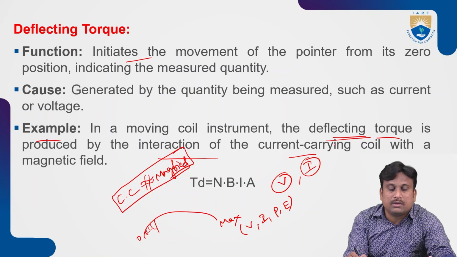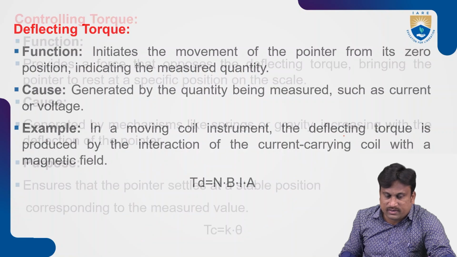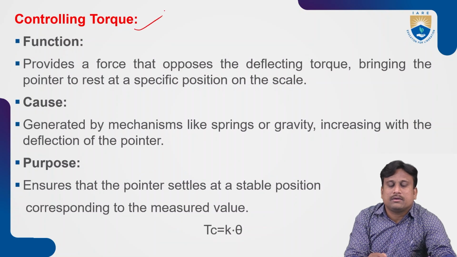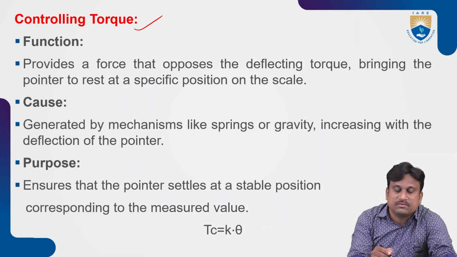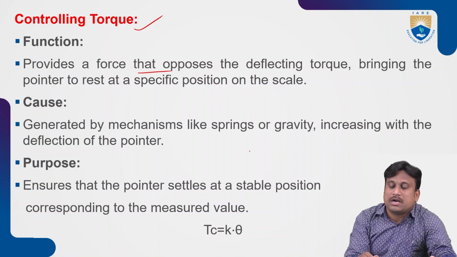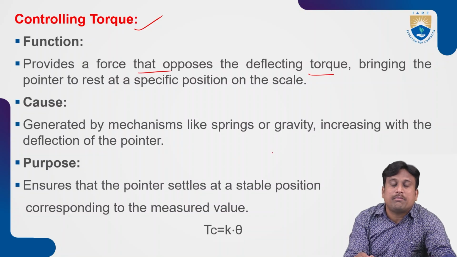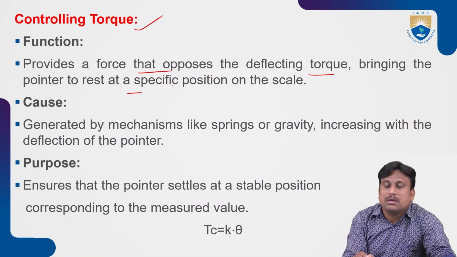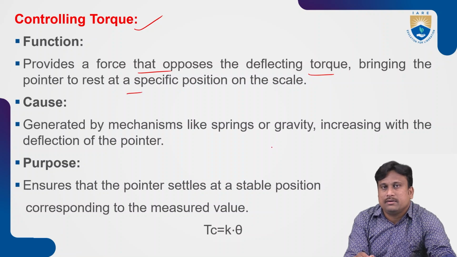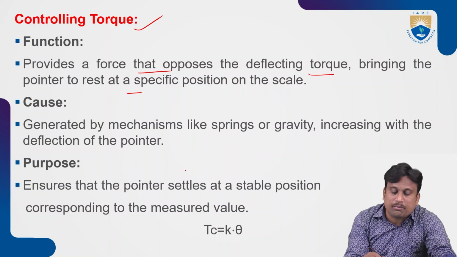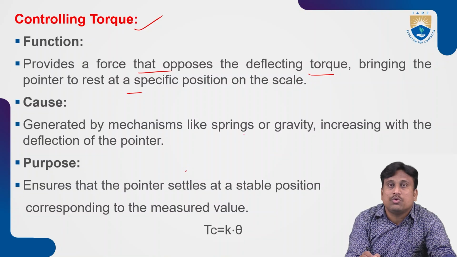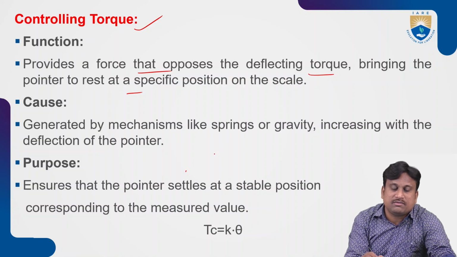So this is to be associated with the parameter known as deflecting torque. Controlling torque. What is the functionality of controlling torque? It provides a force that opposes the deflecting torque and brings the pointer to rest at the required position on the scale. That means once the pointer moves over the scale, it has to settle at a required location. This instruction is followed by controlling torque, which will settle the pointer at the required location